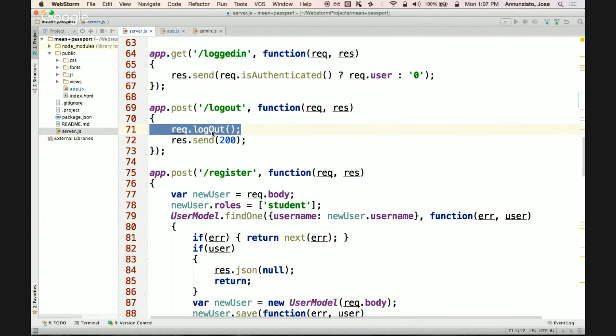passport has enhanced the request object with a logout function. What this does is that it invalidates the cookie. It says this cookie is no longer valid. It cleans the session, right? It throws away the cookie and says, I no longer recognize incoming requests from this client. And then it sends